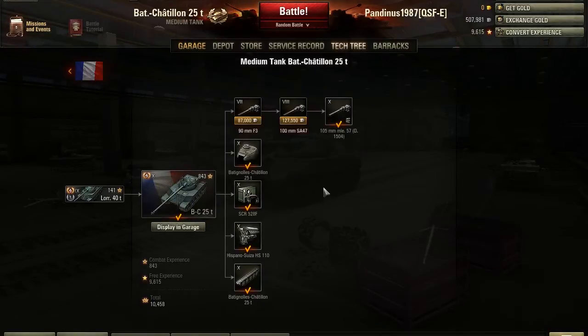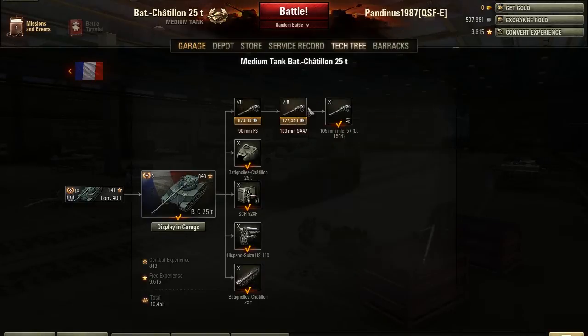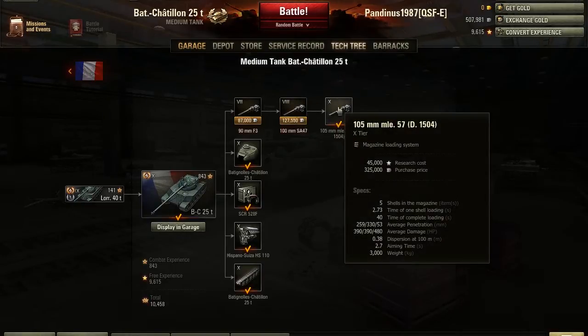For example, you start grinding with the best gun, the 100mm gun from the Lorraine 40T. It's not a bad gun, but if you don't want to suffer with this 6 shell auto-loading gun, then you will need 45,000 experience to unlock the top 105mm Batchat gun. This gun has 5 shells in the magazine, 2.73 seconds between loading the shells, and 40 seconds for complete reload,